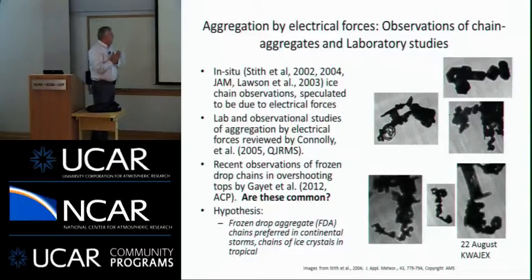Some years ago now, we were looking at ice in the TRIM project, and we discovered in this imagery, which, I'll say more about some of the instrumentation, but these are photomicrographs of ice particles that were taken in the quadrant study. And we noticed that the particles were lining up in chains. And we thought, gee, this might be an electrical phenomenon. We didn't really do much more other than say that. Paul Lawson also did a conference paper and had much the same observations.